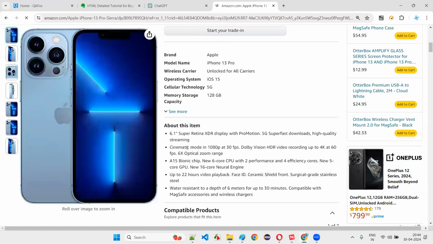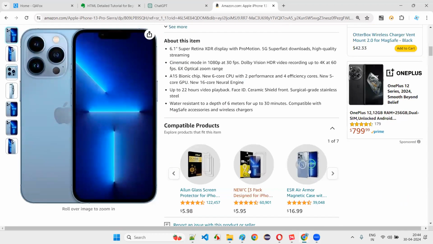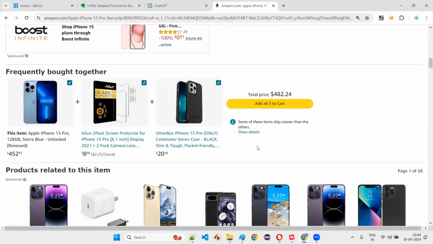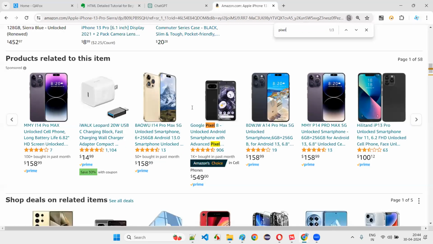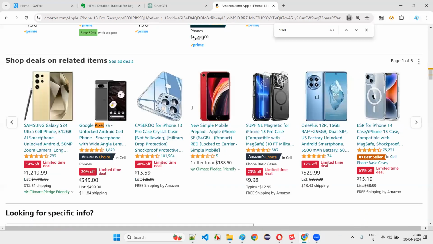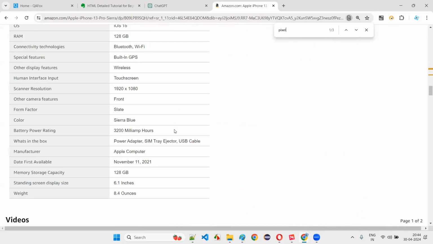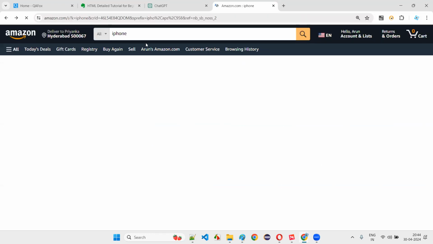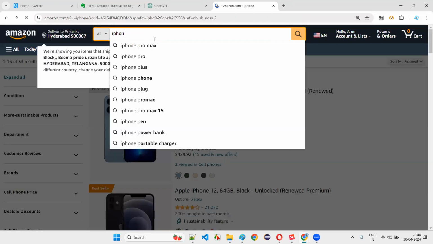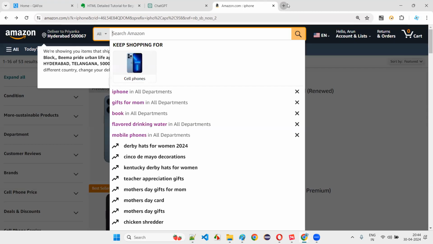Okay, 5G download, cinematic motion, FPS. Can we see any pixels anywhere? Let's see. Control F, pixel. Whatever, advanced pixel is coming, but on this page, no pixel is mentioned. Okay, let's go with another one. Otherwise, I'll just Google it.